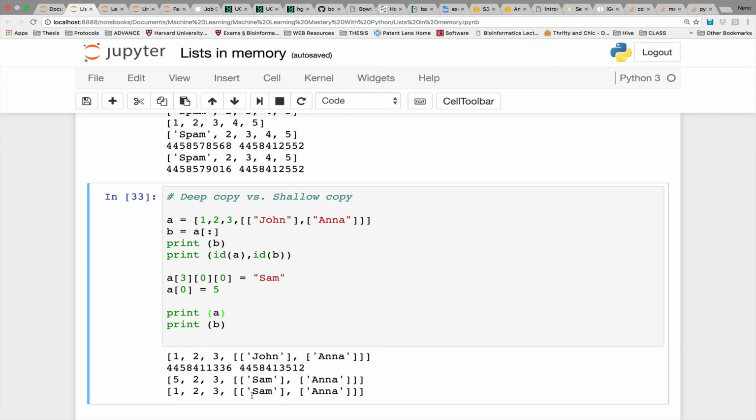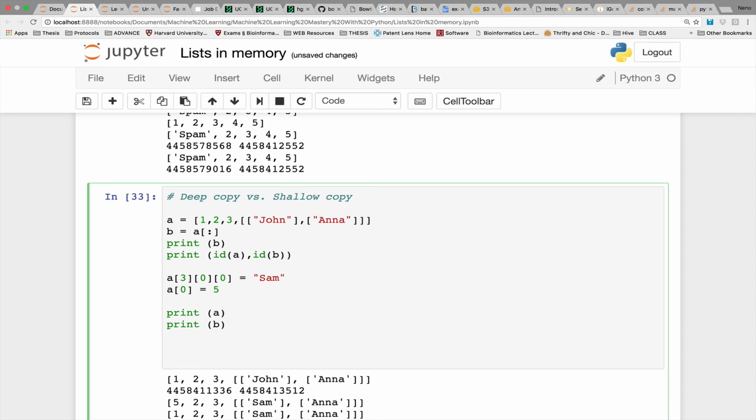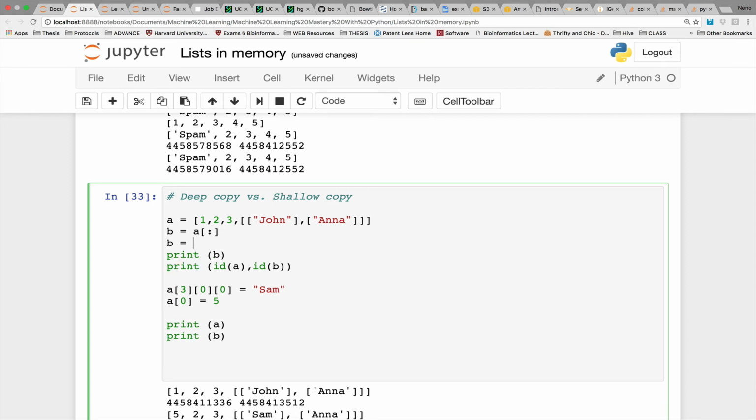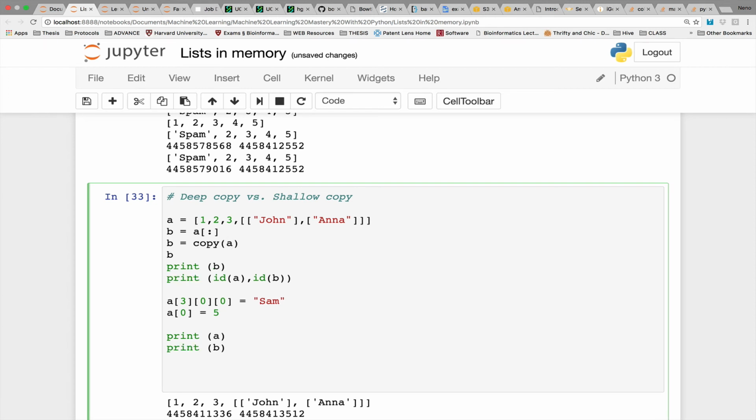B is still referencing all of the nested lists here. So if you want this behavior not to happen, if you really want to copy all nested layers and make a totally different copy, you're going to have to use deep copy. All right, let's use that. And by the way, if I use the slice notation here, this is the same. If I made a copy of A, or if I made a list of A,